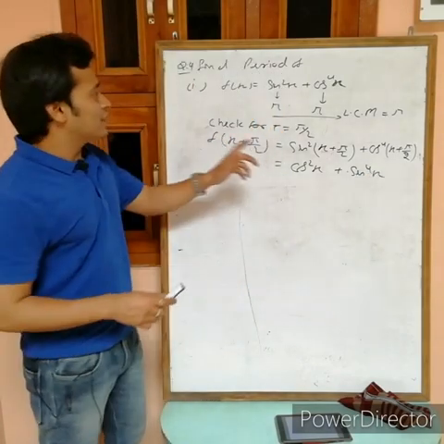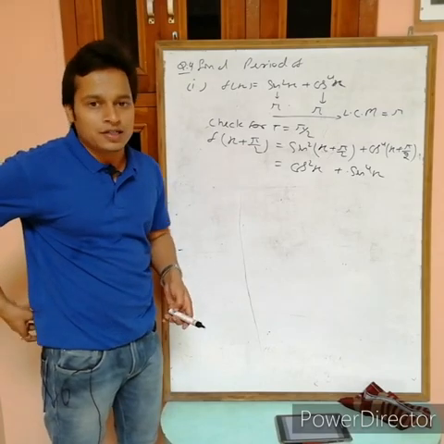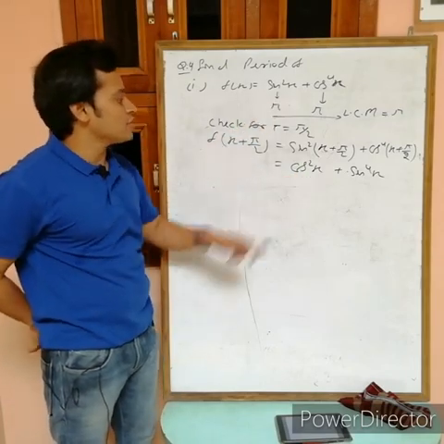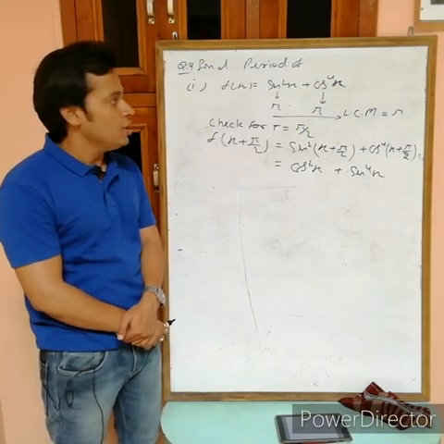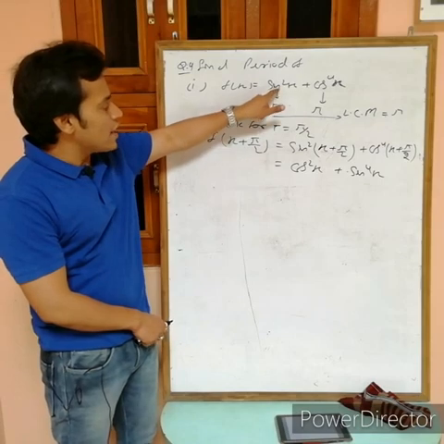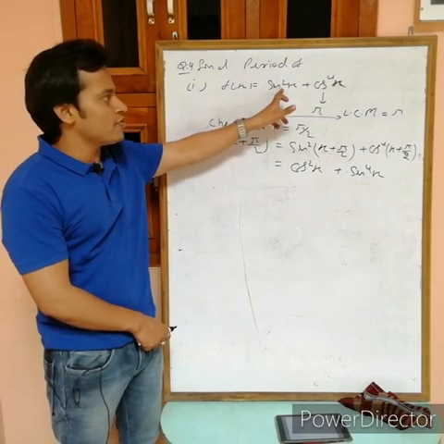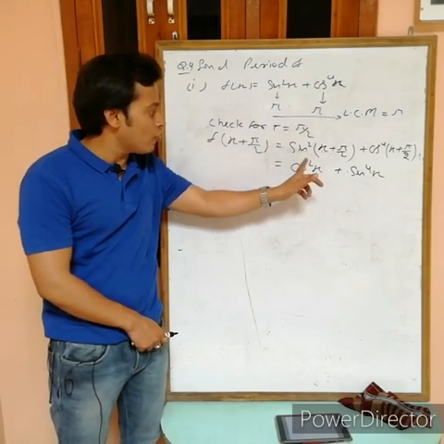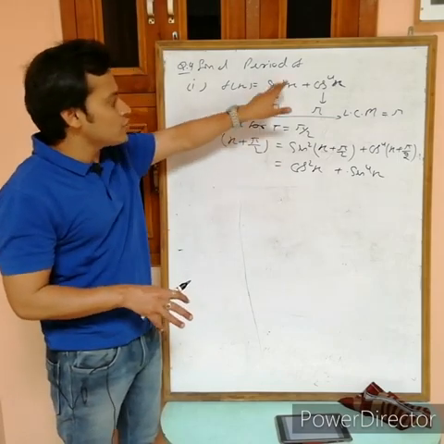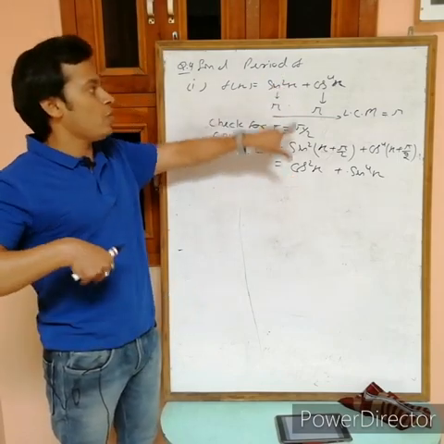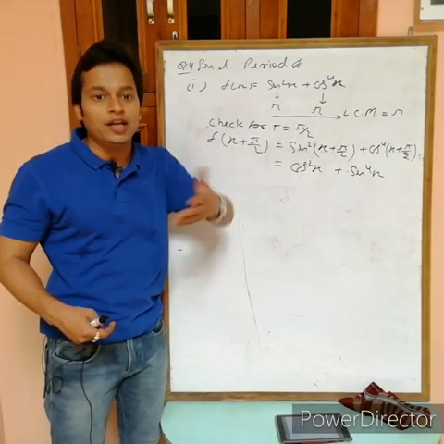Now can I say that this one is equal to f(x)? At this time I can't say that this is equal to f(x), but also at this time you can't say that this is not equal to f(x), because these are in terms of sin square and cos power 4. In f(x) we have sin square and cos power 4, but here we have cos power 2 and sin power 4. So if you want to check whether this equals f(x) or not, first convert cos square in terms of sin square and sin power 4 in terms of cos power 4, then you can compare.